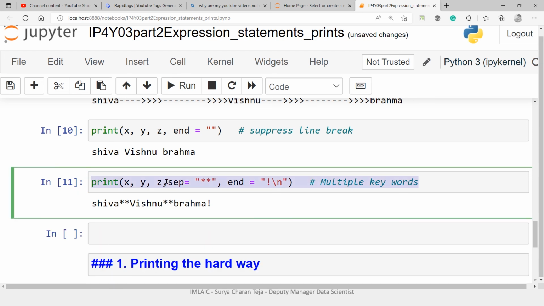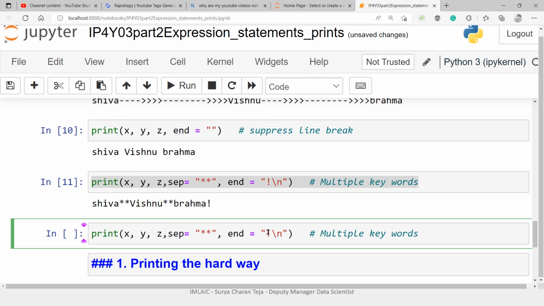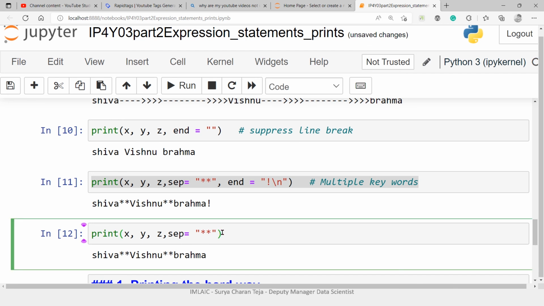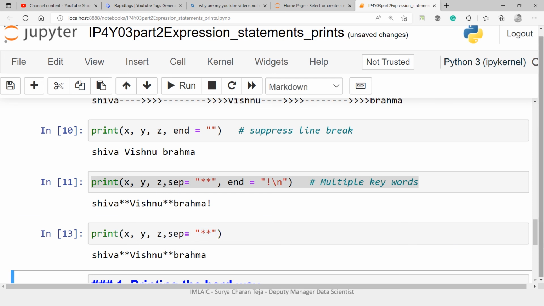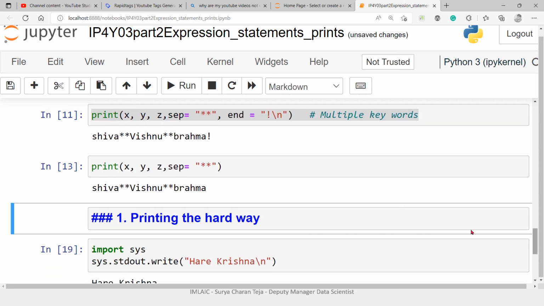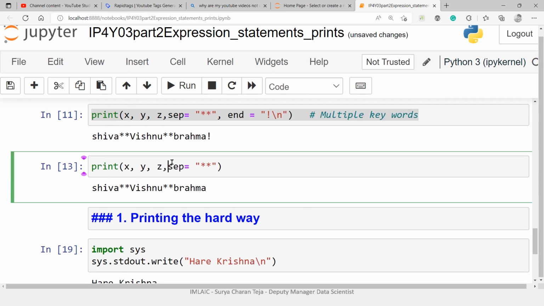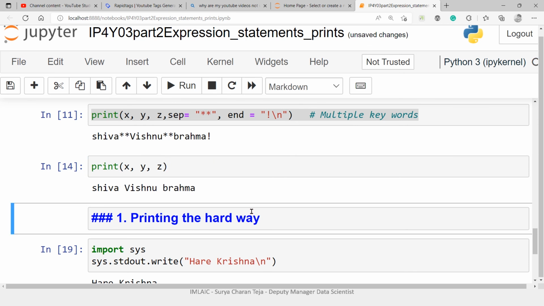Okay. In this case, what will happen is a new line. Then what we have next is